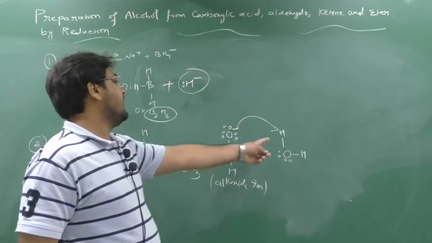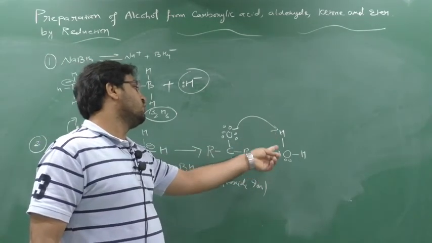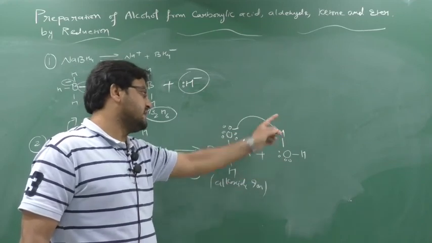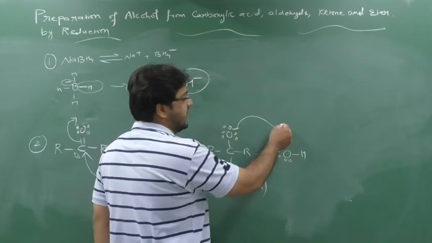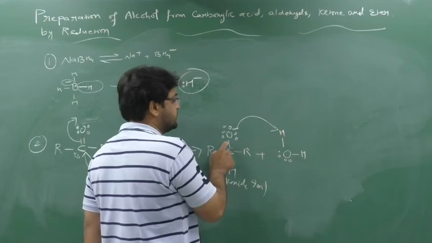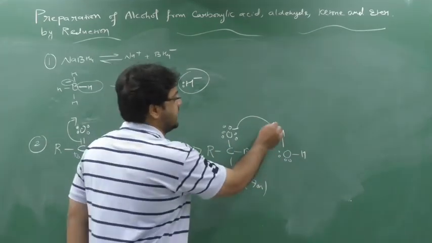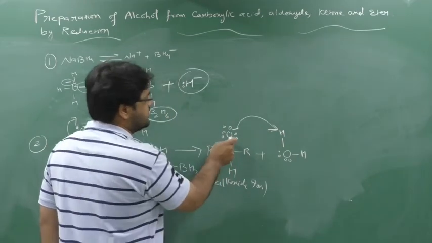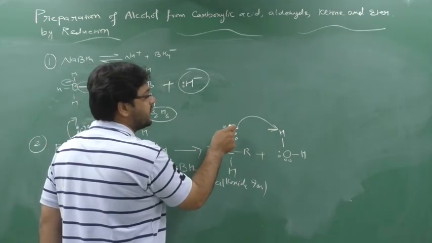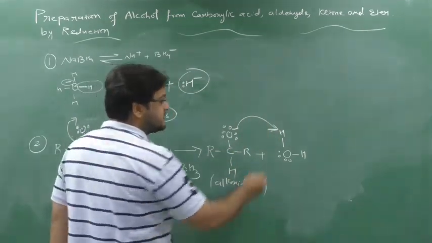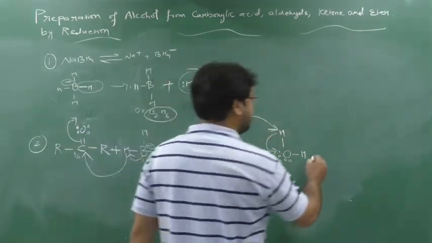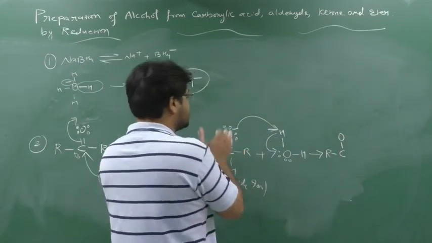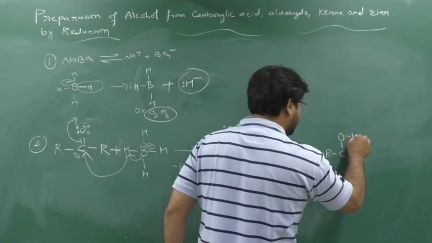this hydrogen, because oxygen is more electronegative and this hydrogen is less electronegative, due to which this hydrogen requires the electron and this oxygen is having the extra electron. So what will happen? This oxygen will give its lone pair to this hydrogen and this hydrogen will release this oxygen. So what will be generated? It will be generated RC. O will donate its lone pair to hydrogen, so one bond will be formed here.